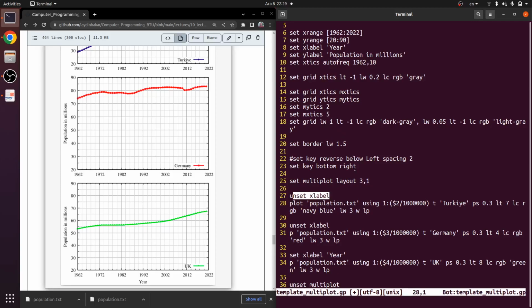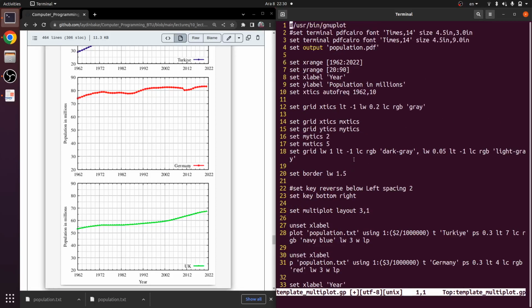I think I unset it, or I just changed the set key command from set key reverse below left spacing something to set key bottom right. Then I put my legends, or the color bars, whatever you call legend, in the bottom right corner. Okay, I think the rest of my code is the same as I used in the first